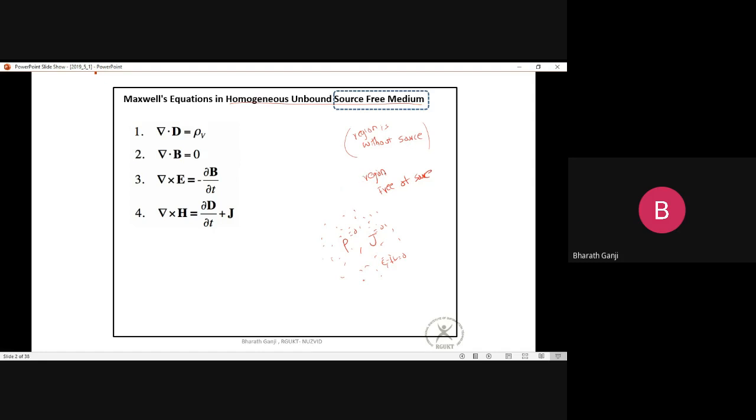But if I say region is free of sources, what do I mean? I mean that some sources are there, say for example at this location. What I'm doing is I'm going far away from these sources, and I'm trying to calculate fields in this region. So I have come far away from the sources, and having come here I have taken some region. So in this region,